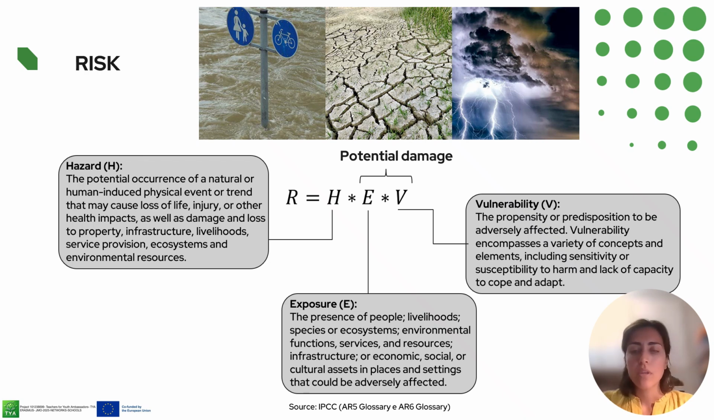vulnerable they are. Hazard refers to the potential occurrence of a natural or human-induced event, such as floods, droughts, or storms. Exposure captures the presence of people, infrastructure, ecosystems, or assets in areas that could be affected. And vulnerability expresses how sensitive or susceptible those exposed elements are, and their ability or lack of ability to cope